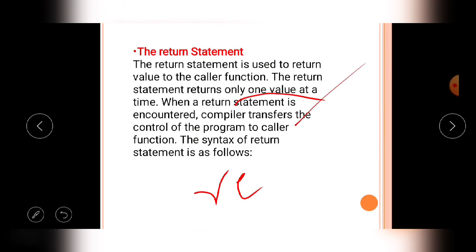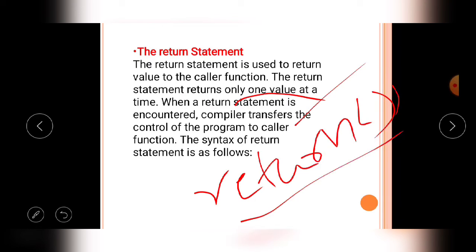With the help of return, the value is returned from the calling function to the caller function after execution of the user defined function.